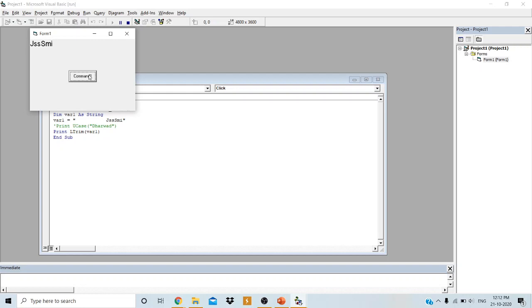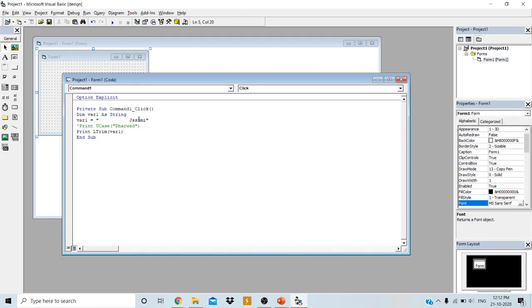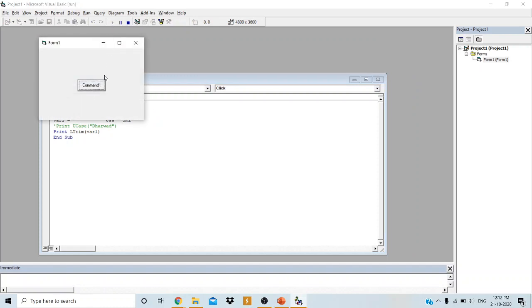Yes, because it has removed the spaces at the left side. I had given some 6 spaces, right? So it has removed them and printed only the string. But if you give spaces in between, it will not trim, because it is only LTrim, the left side of the phrase.